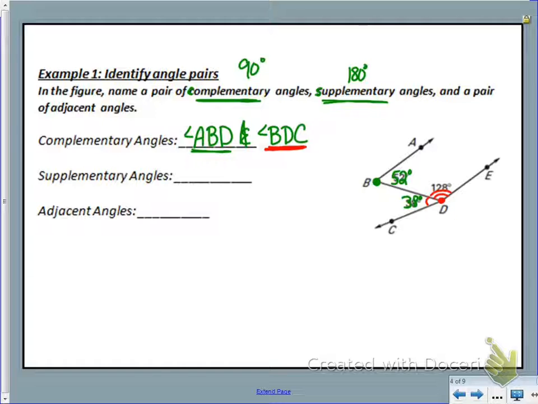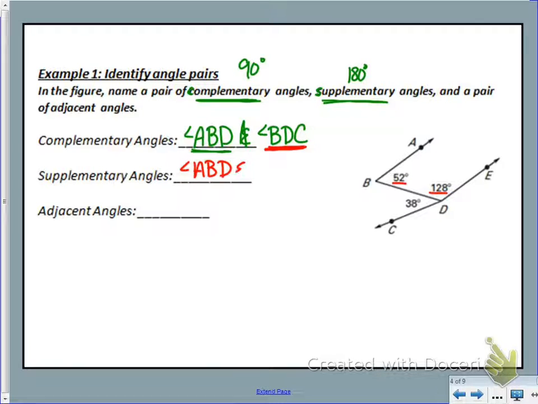All right, let's look at supplementary angles. I'm going to erase what's on my picture so that it's a little clearer to see. Supplementary angles are 2 angles that add to be 180 degrees. So if we look at our picture, the 2 angles that add to be 180 degrees would be this 52 degree angle and the 128 degree angle. So angle